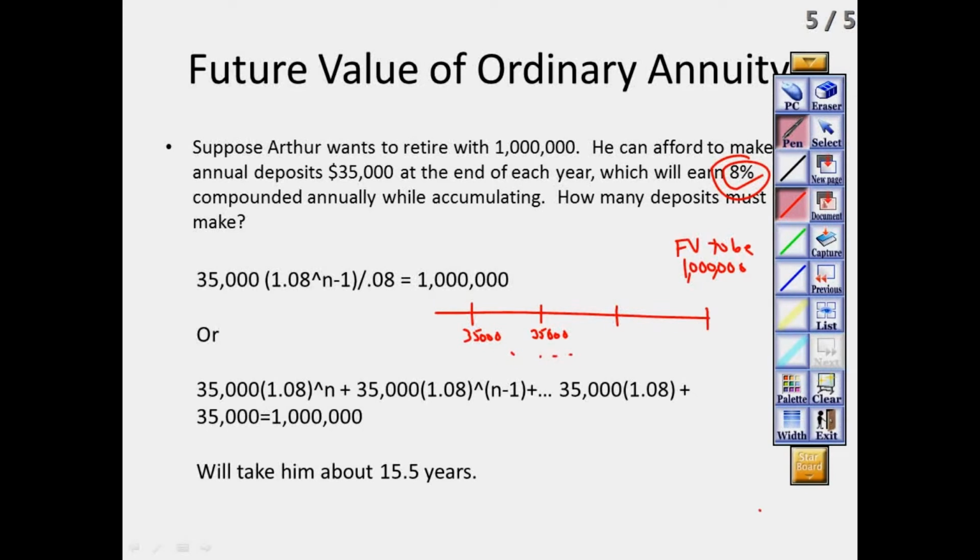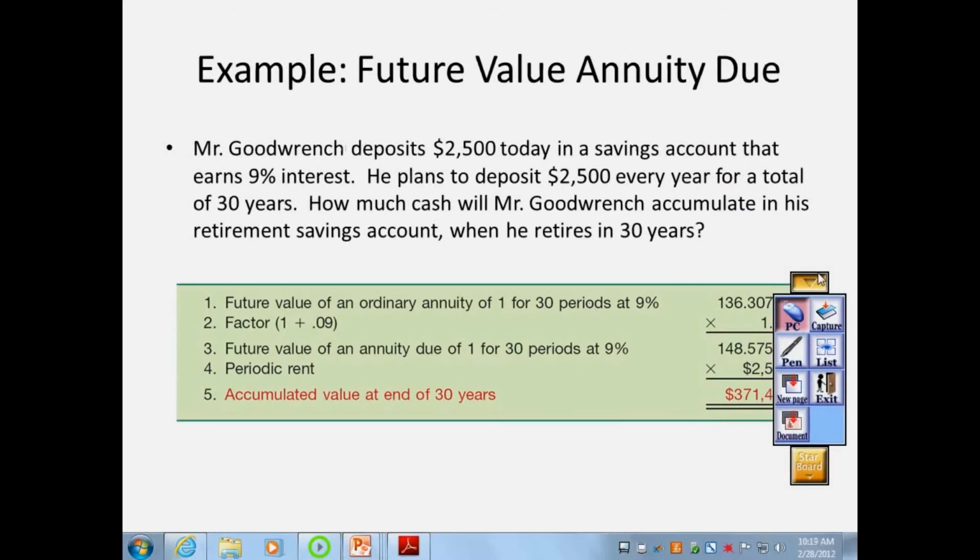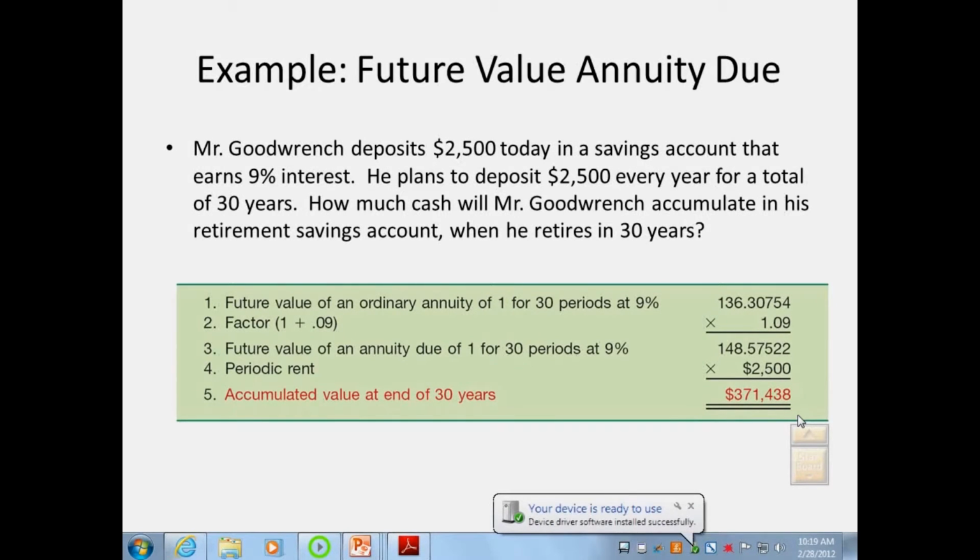Okay, now what if you wanted to do instead a future value of an annuity due? Well, again, it's the same thing, just one more period. So that's,